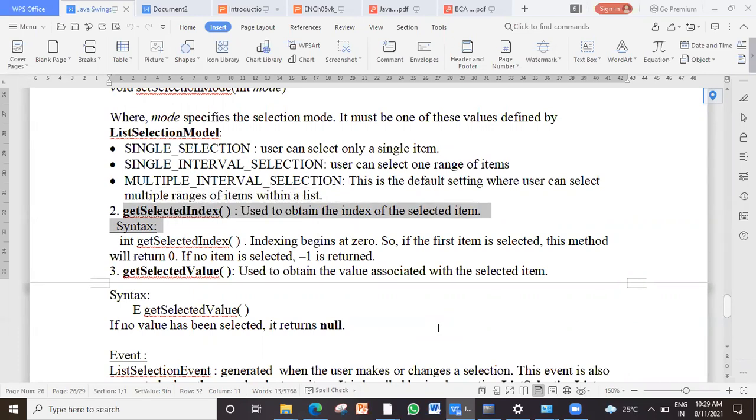In array, if you have 4 elements, what will be the first index? 0, 1, 2, 3. Similarly, here also the index will always begin from 0. And it gives you the index of the selected item. So int get selected index begins at 0.